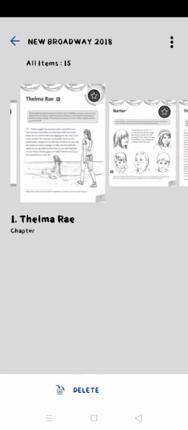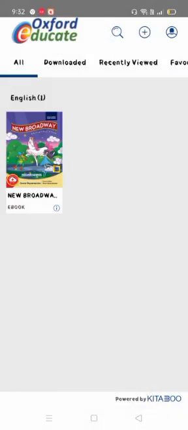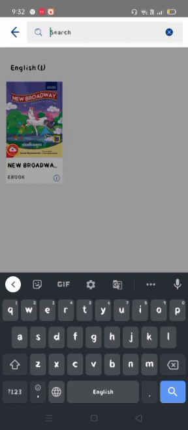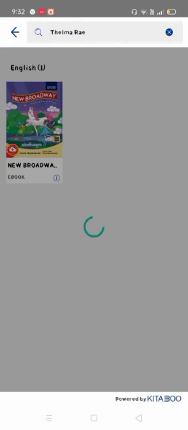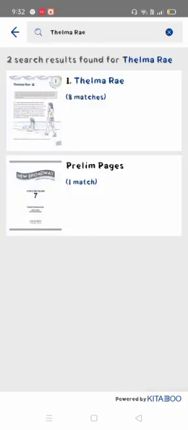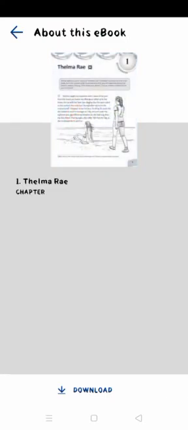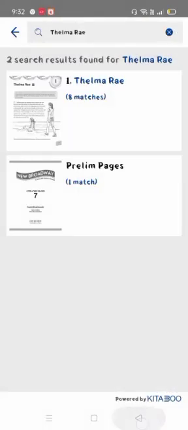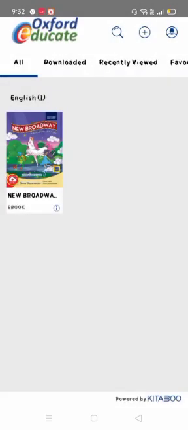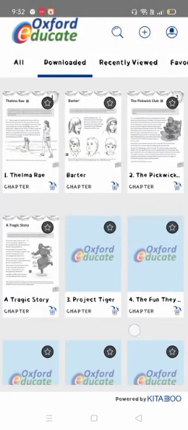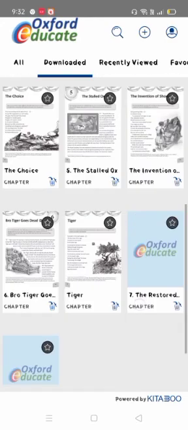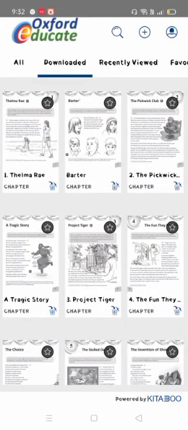If I search Thelma, then it will come over here. But if we simply want to see those files which we have downloaded, we can click on downloads and see them.